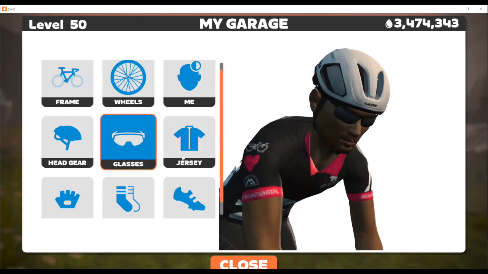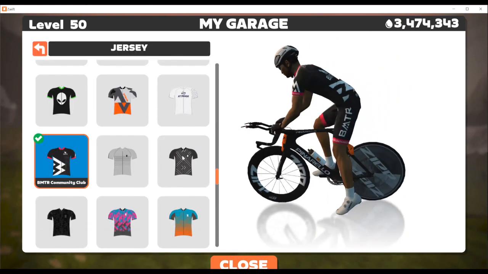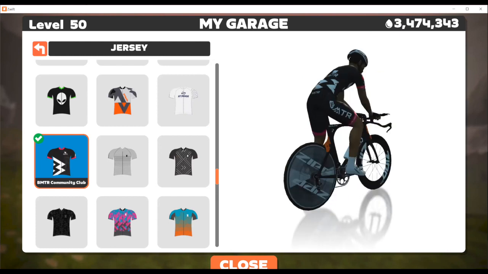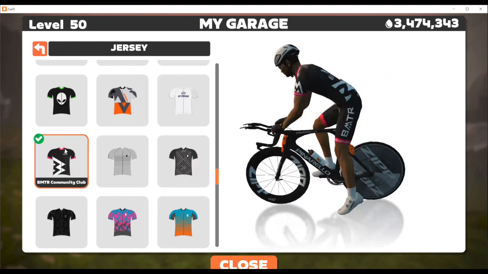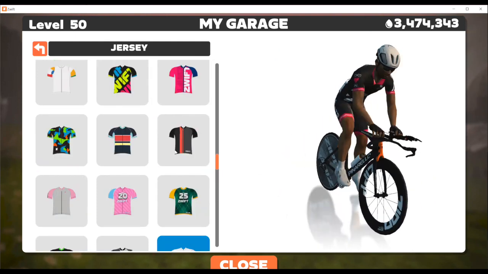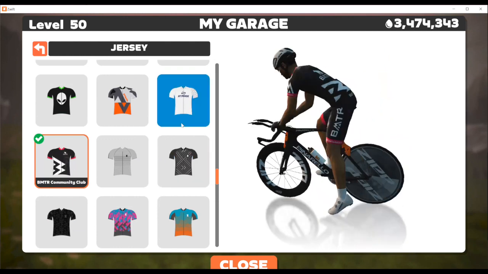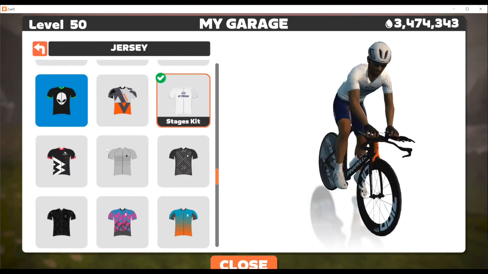You also have the ability to pick up jerseys. Now, there are 2 jerseys that I have that I got specifically because I'm on a race team. BMTR is who I race for, and in real life, I race outdoor for Team Stages. So I was able to acquire their in-the-game kit as well.